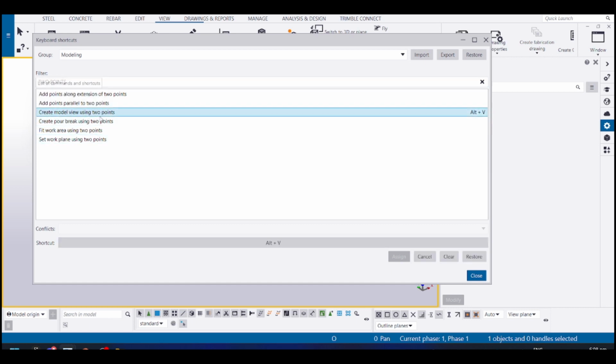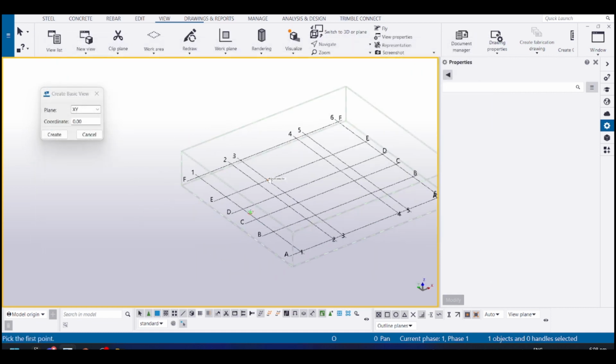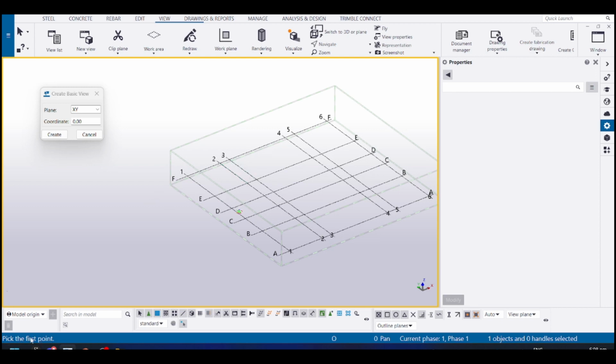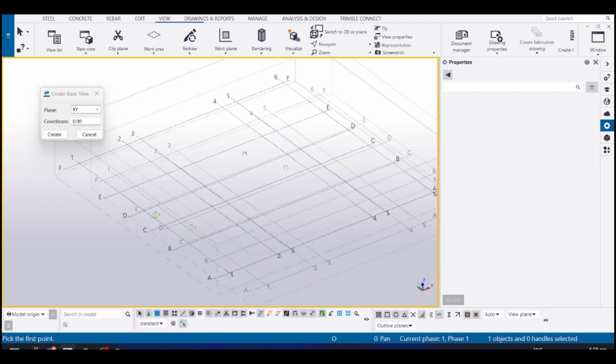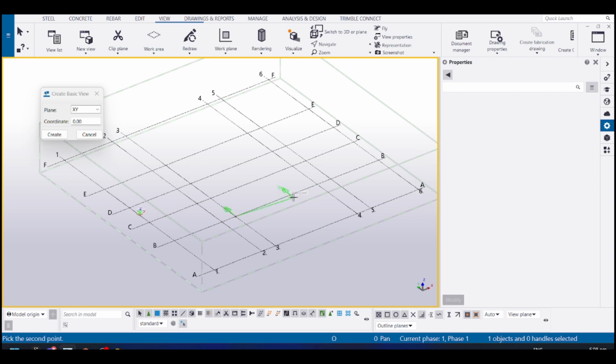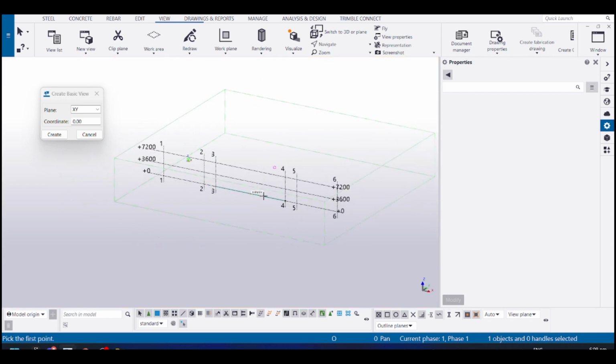Create model view using 2 points over here, and I have already set that to Alt V. So the moment I hit Alt and V, the cursor will change and it will ask me to select the first point. So I could go here, and then I can just basically give it a direction, and it'll create a view. As you can see now,